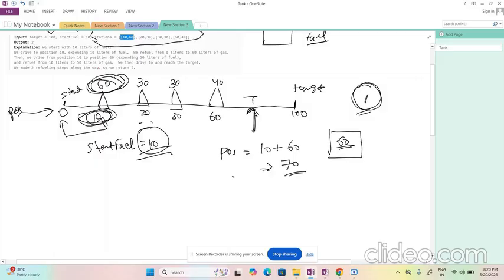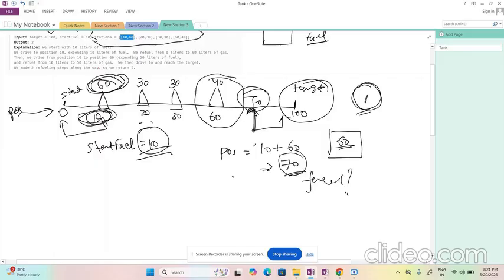Once we reach here, can we reach forward also? Can we reach the target position also? No, because after reaching this position, we don't have any fuel, the fuel becomes empty. So we have to go back in time and pick something. It is better that we pick the maximum amount of fuel, right? The options are these three available, but it is good to pick this one. So I will take this one.